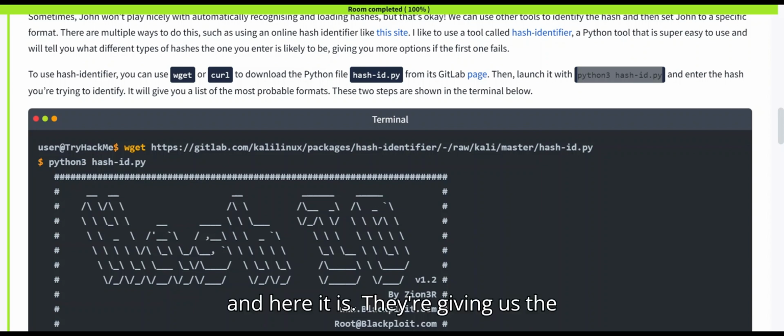And here it is. They're giving us the possible hashes that this could be, but ideally the ones at the end of the list are the least possible. The most possible hashes are MD5 and this one. So the answer comes to